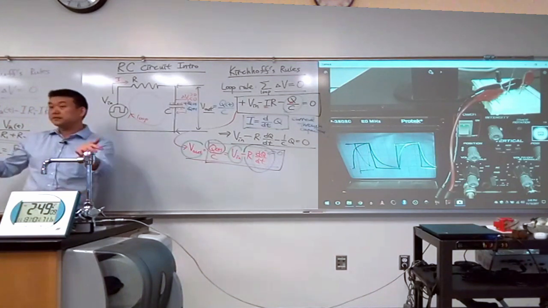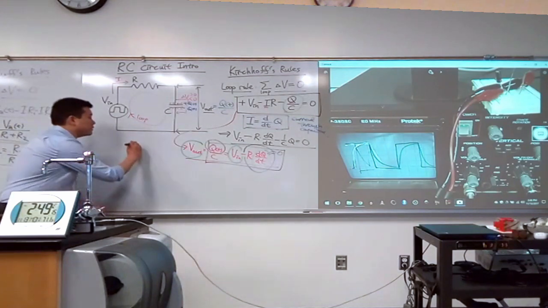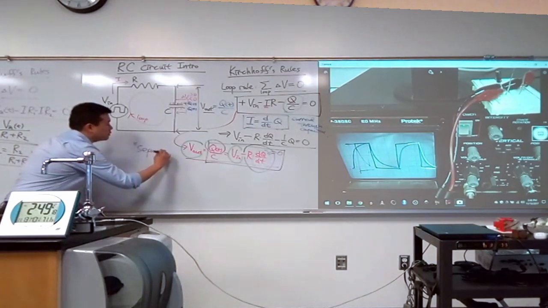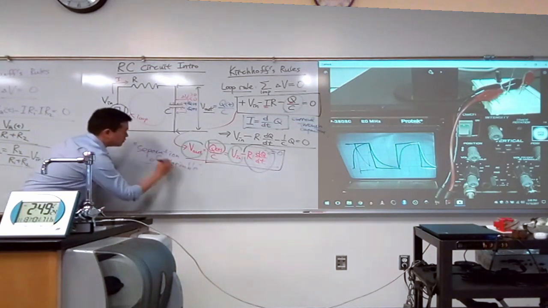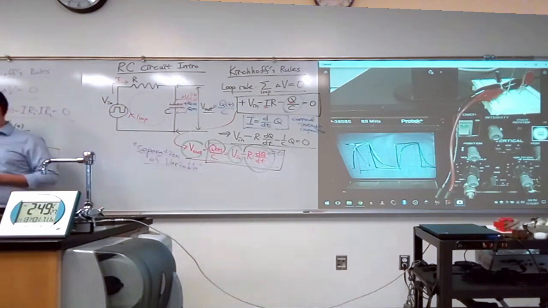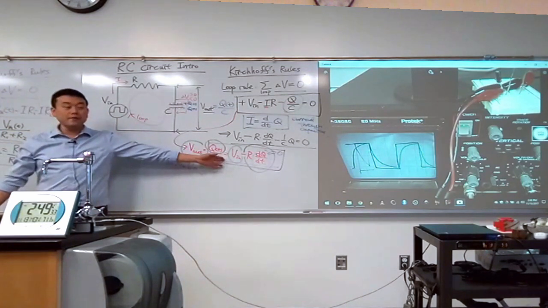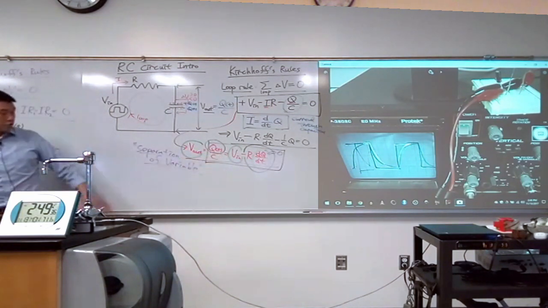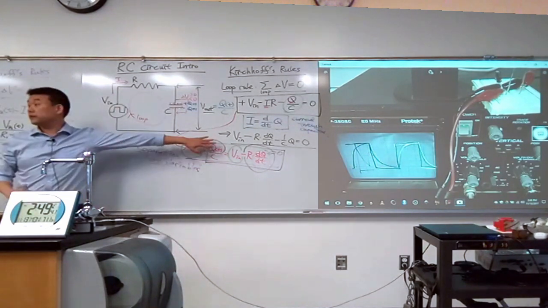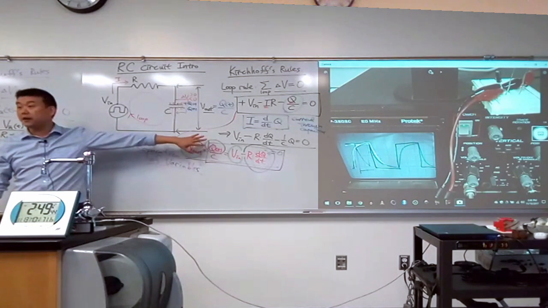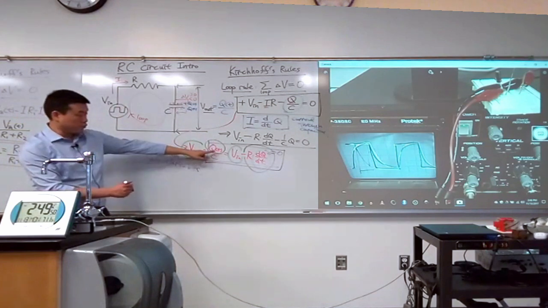I remember covering this in AP Calculus BC, which means it should be covered in your calculus too. This is a technique called separation of variables. It's a technique you can use to solve very simple first order differential equations, and this is an example of a not too complicated first order differential equation. I'll make sure to set enough time in the lab so that you can try it on your own and see if you can get a solution for Q of t